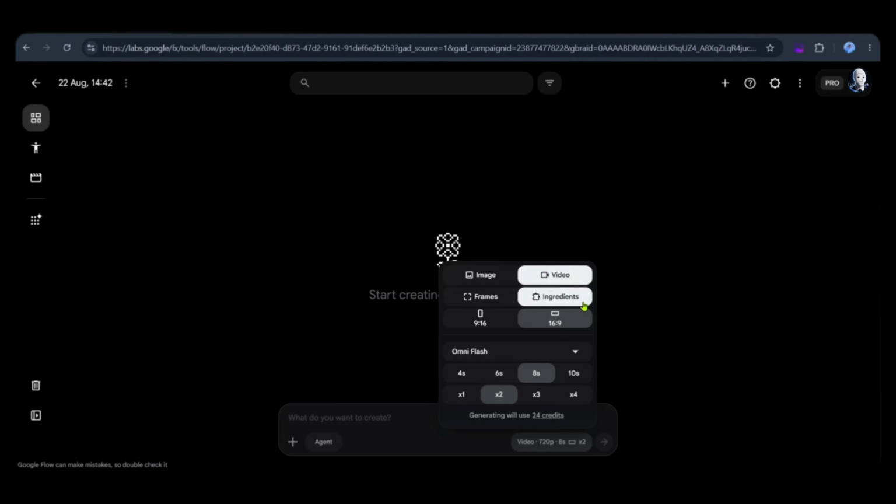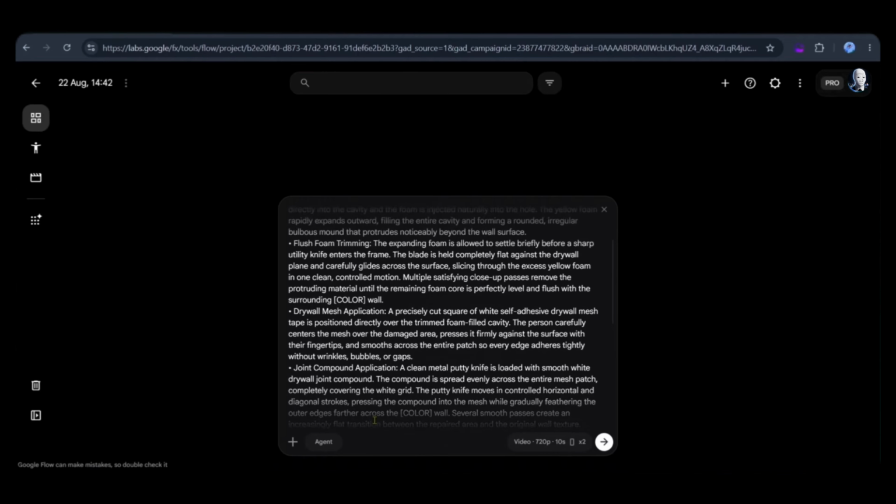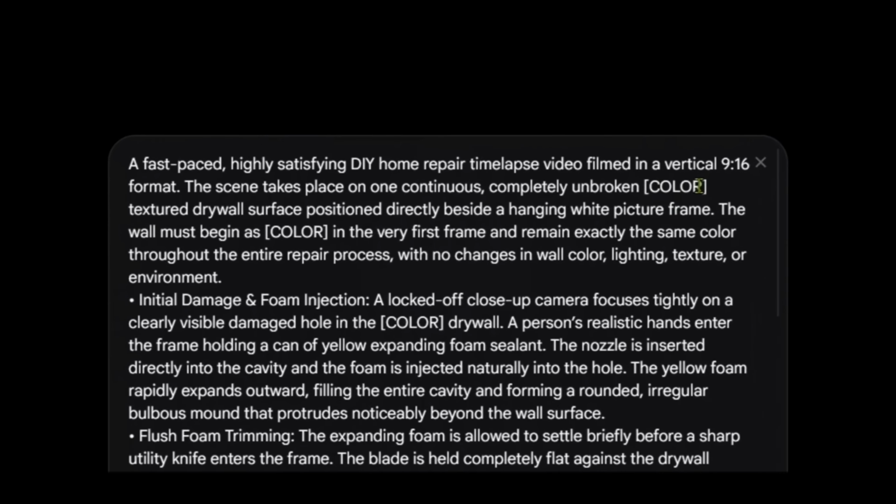Click on Ingredients, set your aspect ratio to 9:16, choose OmniFlash as your video model, and set your video duration to 10 seconds. Make sure to set your outputs to more than one so you have extra results to pick the very best from. Now paste the full prompt directly into the field and scroll to the very beginning of